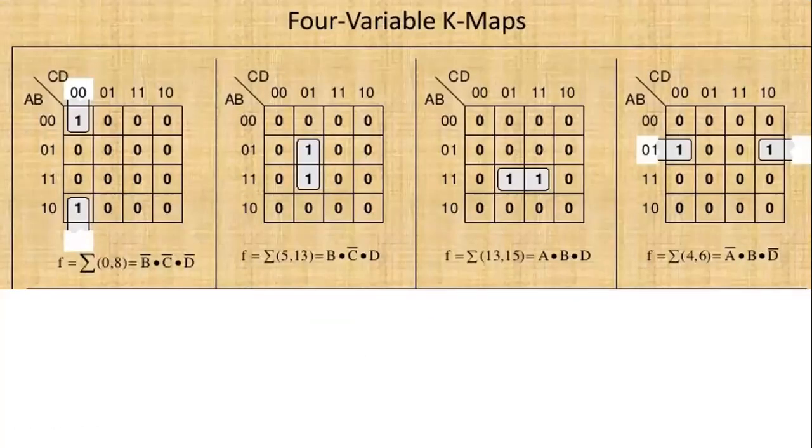Here, with 4 variables, you can do the same way. How we have done, here you can see the question is given as 0 and 8. 0 and 8 means we will fill it in the 0 position. How it will come? 0, 1, 3, 2, 4, 5, 7, 6. Then we will go to the extreme, this 8, 9, 11 and 10. Then 12, 13, 15 and 14.